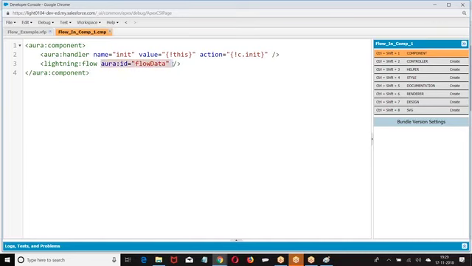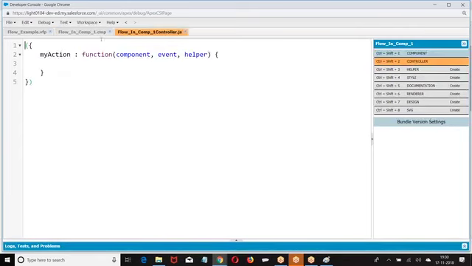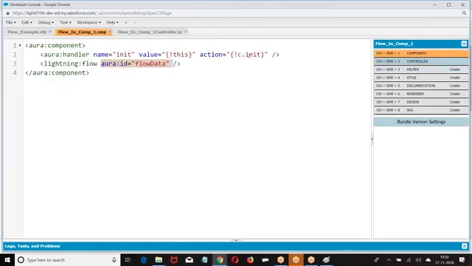It has nothing to do with your flow. ID, you can give anything. In the controller, how do you read that ID? What is the method I give? The handler.